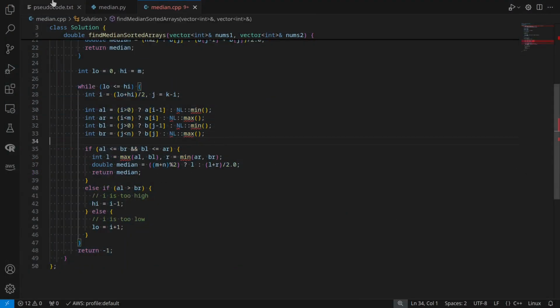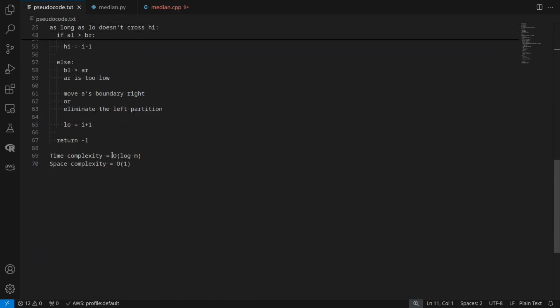yeah, like we've seen here, the time complexity is O of log m. It only depends on the length of A, not the length of B. So imagine the length of A is like 2 or 3 and the length of B is like 1000. It still depends on the length of A alone, not the length of B. There are other solutions where it depends on both the length of A and B. So this would be something like log of m plus n. I guess that's a more